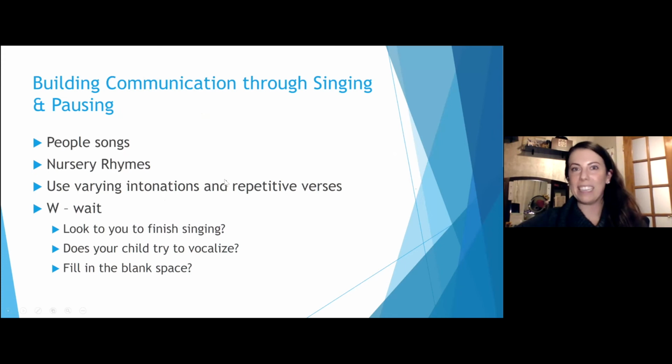Again, with singing and building communication, you can still use people's songs. You can still use nursery rhymes using AAC, thinking about the words that are being repetitive in that and being able to build from there. So using words like on, or if you're doing Old MacDonald had a farm, you might do the animals. And so that might be something that's more fringe, where you're modeling all of the farm animals that are on there and you're teaching where the animal sounds are. Or you might be monkeys jumping on the bed or monkeys jumping on the trampoline. And so you're using on and then off, thinking of these words that are going to be highly repetitive, but are going to be able to be used in different environments.